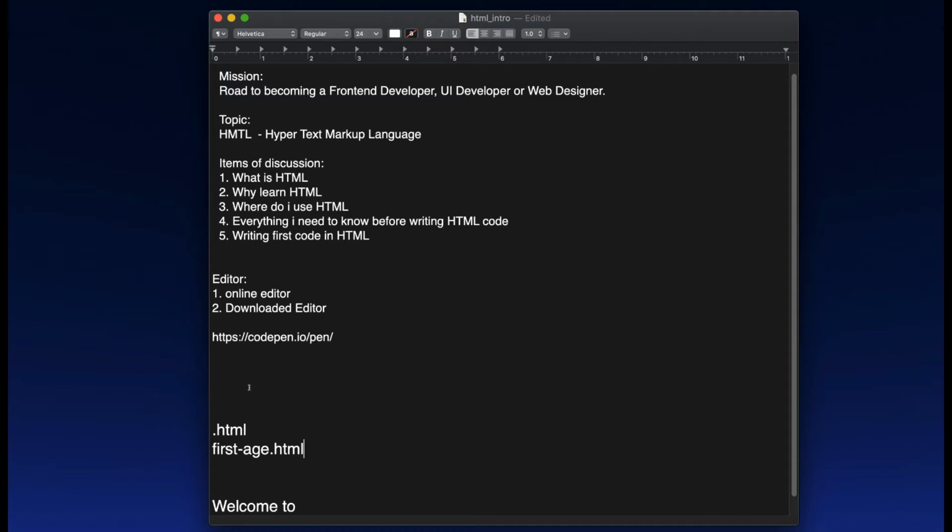And the last one where I get now is to actually write code make you see how HTML be. So what I go do now be say I go bring my browser and I go use online editor to write the code. So the online editor where I go use now this one.